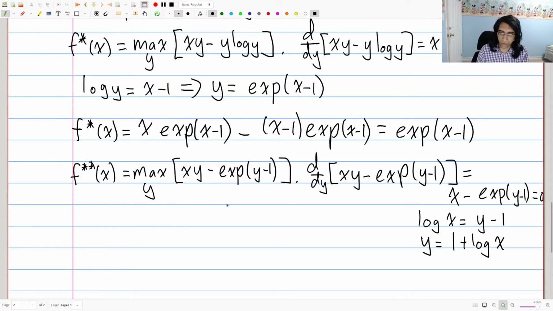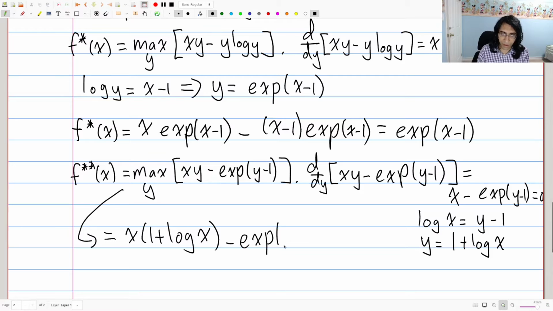Good. So that gives us the value y, which will optimize this. So let's just continue here. This is going to be equal to x times 1 plus log x minus exp of,